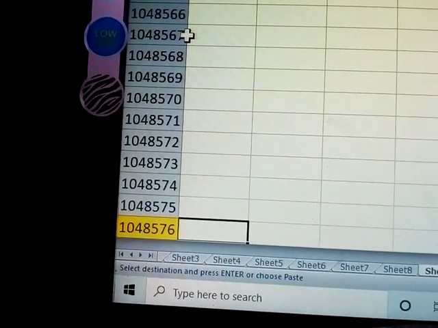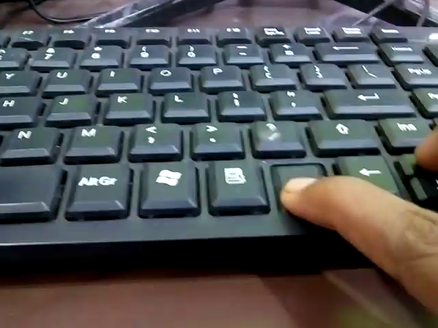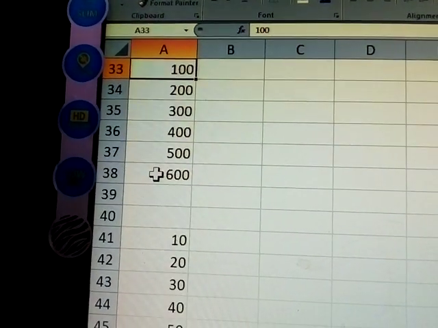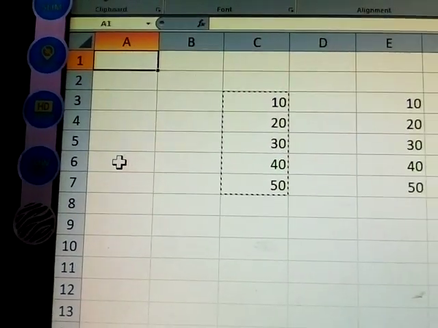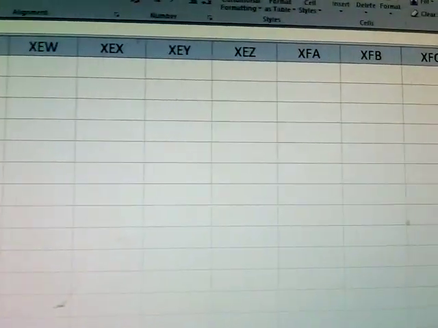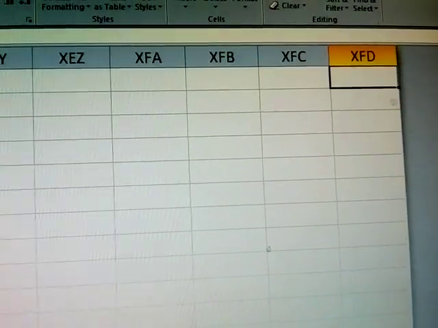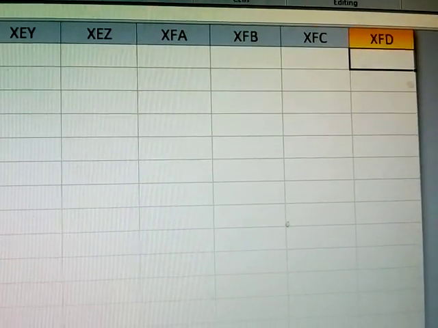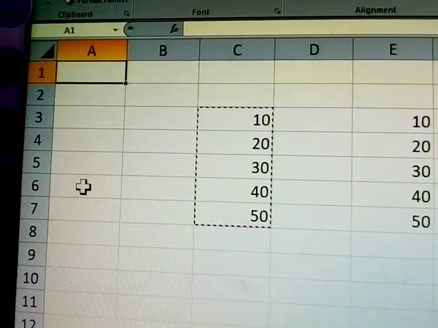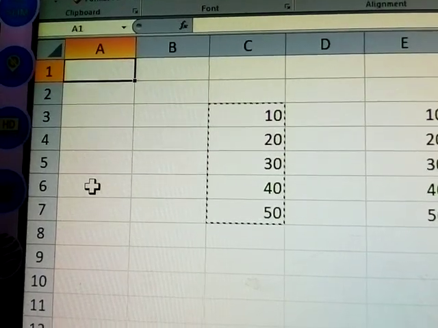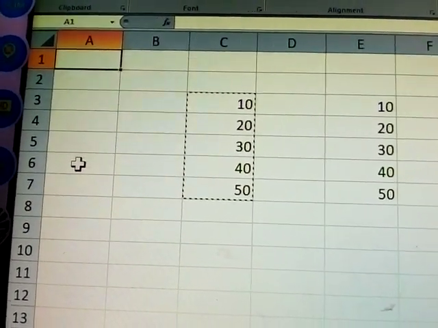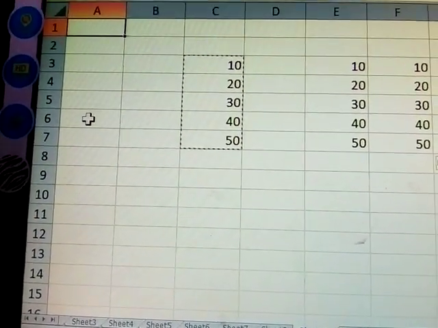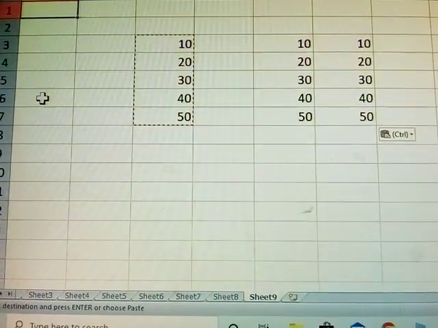Now Control plus up arrow. Control plus up arrow. It moves up if any table is there, up to the first one. Again Control right. See, the last one on the right side of the Excel sheet. Control left. See, the cursor moves to the left side. This is used to move across the whole Excel sheet.